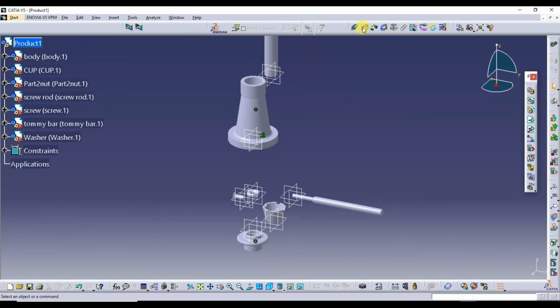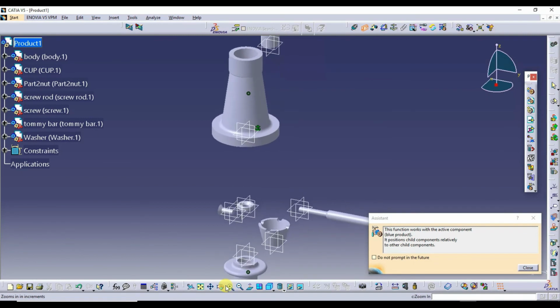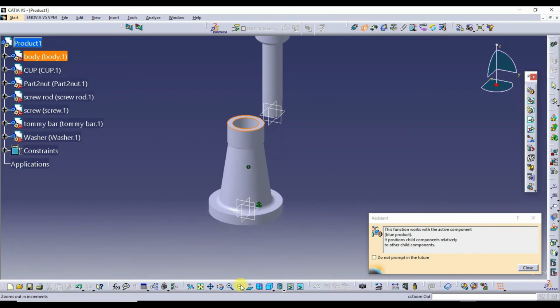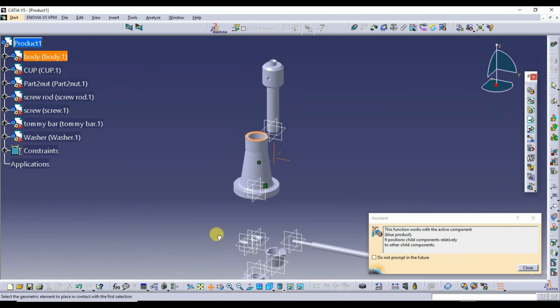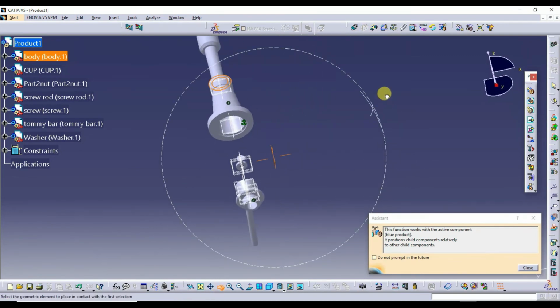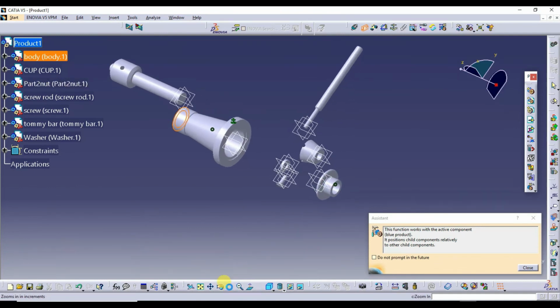Next, I'll use the contact constraint. A little bit I zoom with this body part. I'll select this surface. I'll zoom this a little bit.